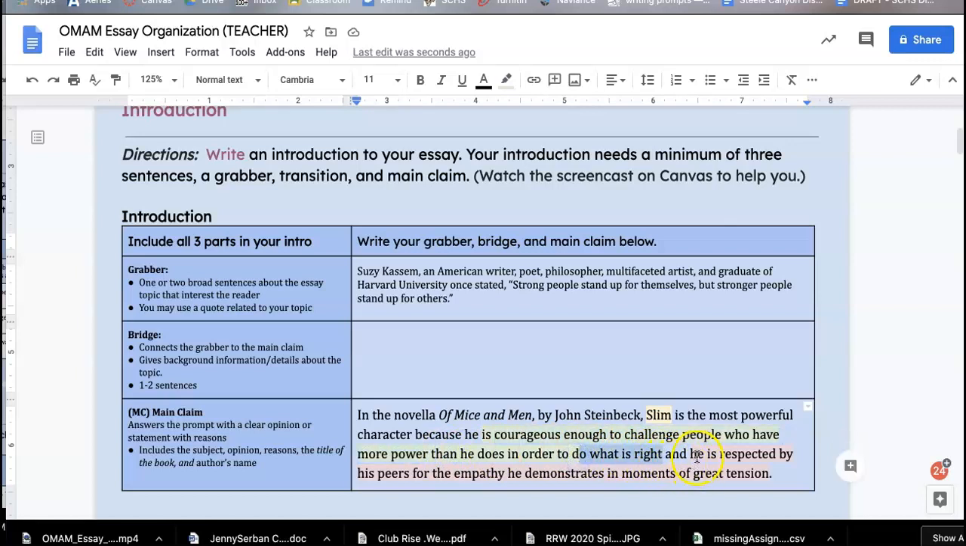And I also think that has to do with how he's respected by his peers, and he stands up for them when there's moments of great tension. So I think that these two relate in that way. And so what I'm going to do is use a part of what is said here to connect it to this section right here. So I'm going to say Kassem's, I don't have to say her first and last name again, Kassem's suggestion